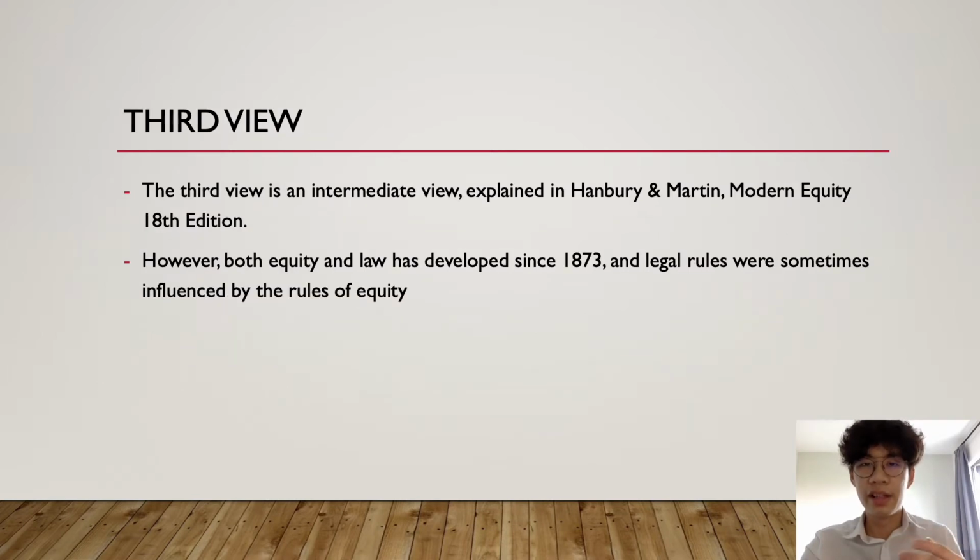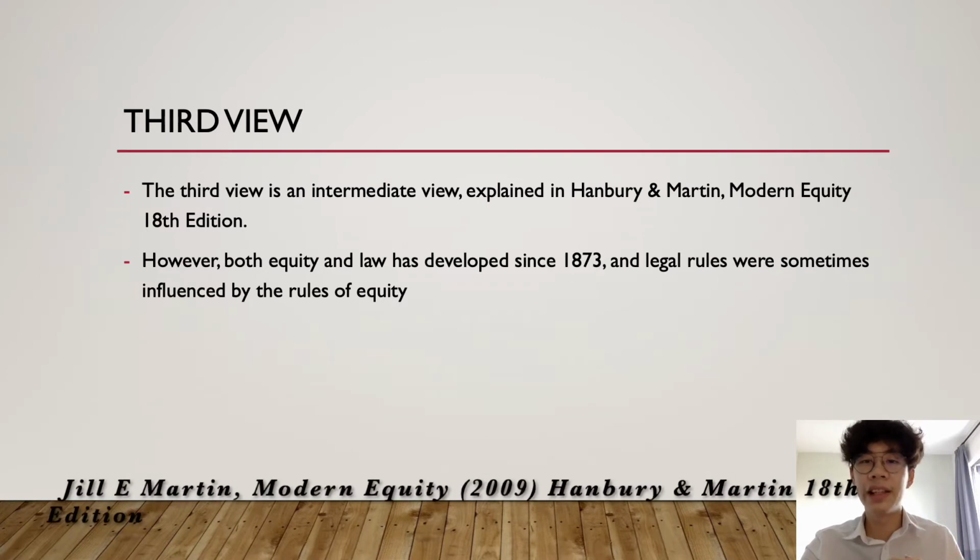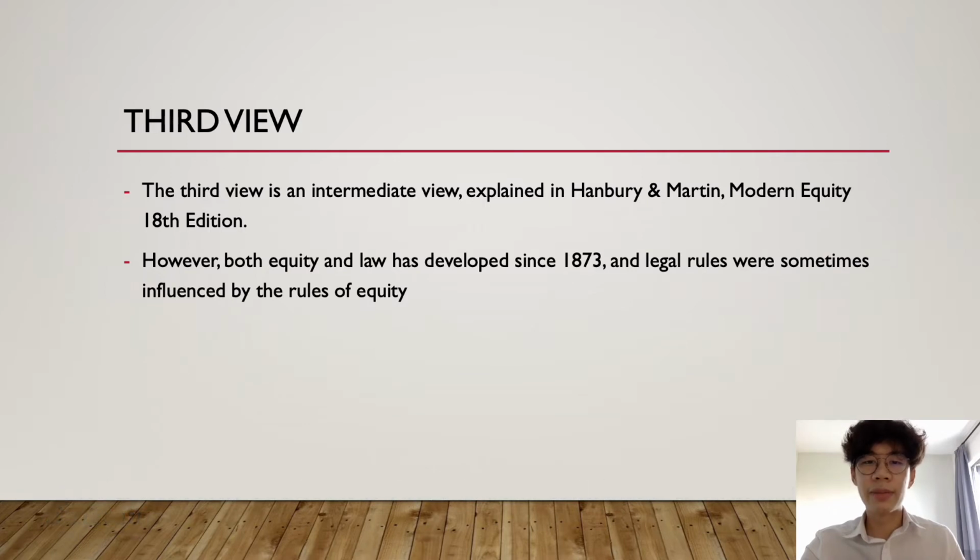The third view is an intermediate view, explained in Hanbury and Martin, Modern Equity, 18th edition. It reminds us to consider the combined effect of the systems of law and equity, and to keep the systems of law separate is pedantic and is an obstacle to the development of law. And if fusion means that there are no distinctions between equitable rights and remedies and legal rights and remedies, it cannot be supported. However,